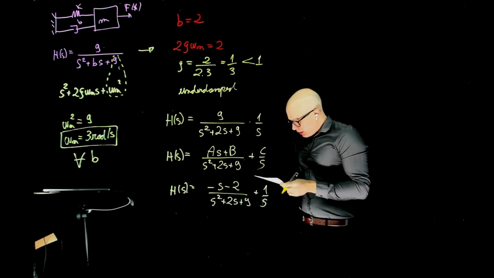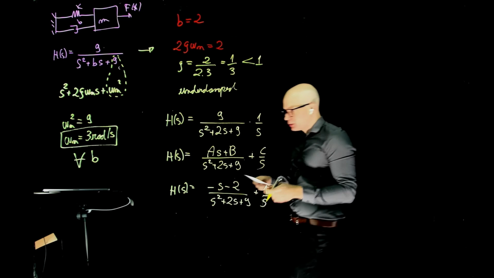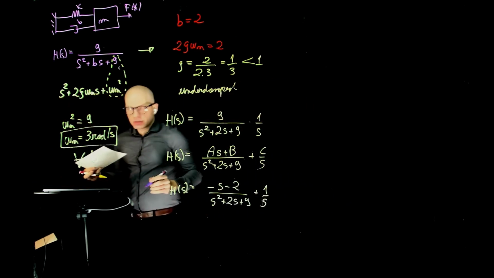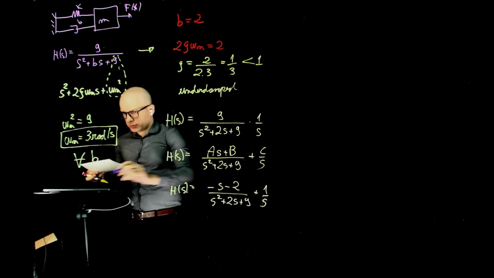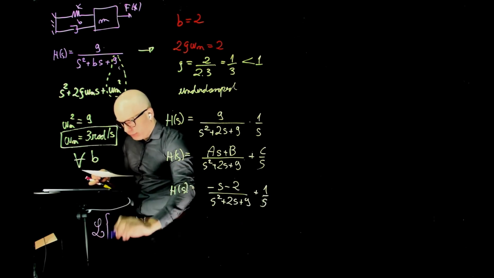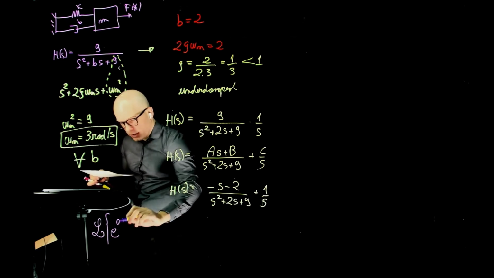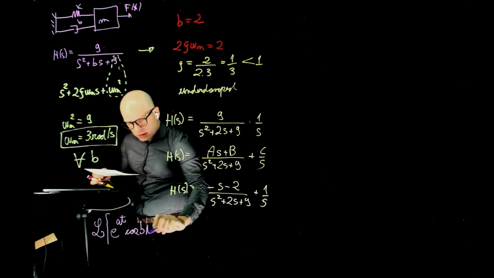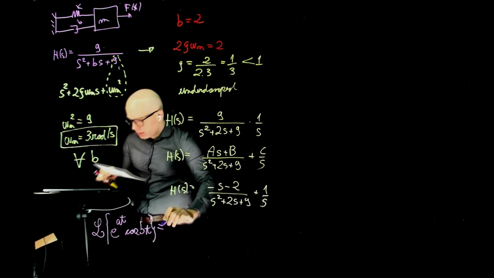If you look at the table of Laplace transforms, there are 2 important properties that we can use. The first one is that the Laplace of an exponential of at cosine of bt is equal to